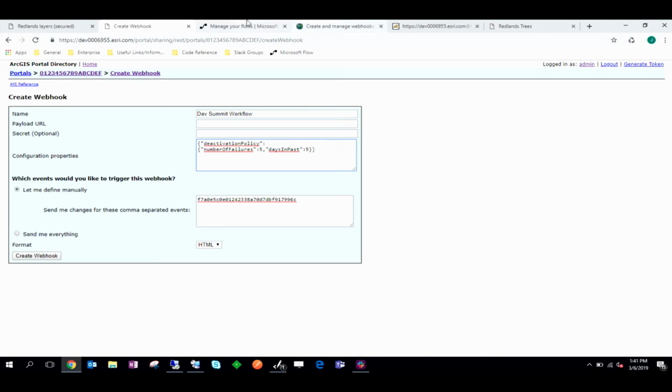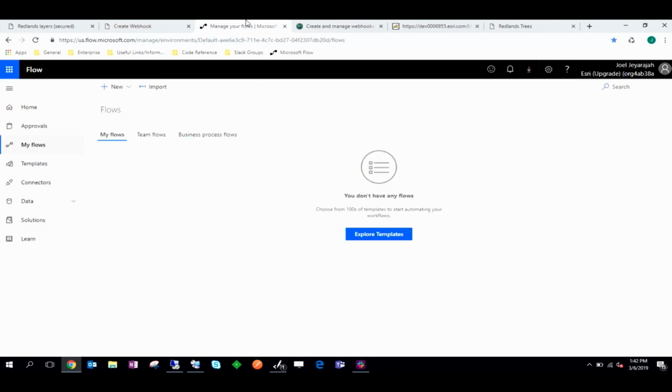Okay, so as Nalika promised, you can take advantage of using webhooks without any code. Microsoft Flow is a service provided by Microsoft that allows you to build these workflows. They have integration with tons of applications. I'm just curious, there might be some people who have already used webhooks with Survey123. How many of you are familiar with Microsoft Flow and creating webhooks? Okay, so a good number of you. So this will be